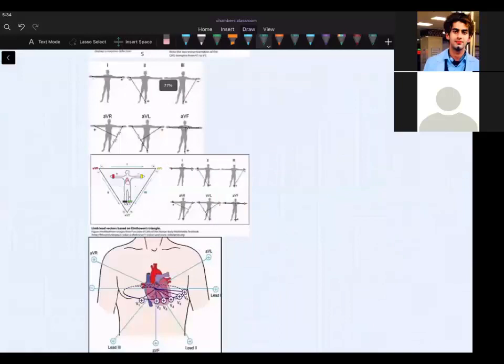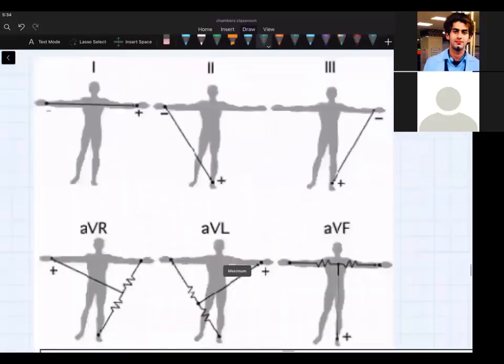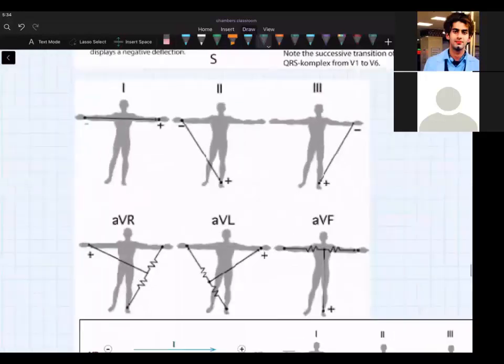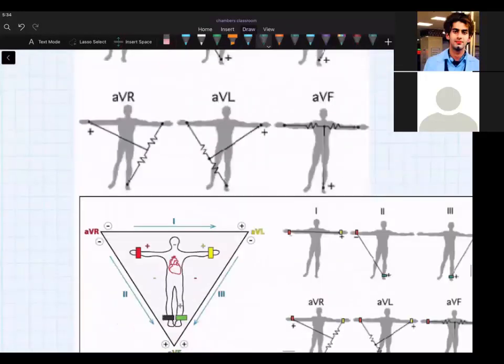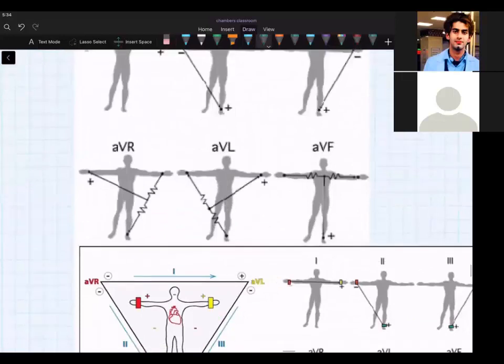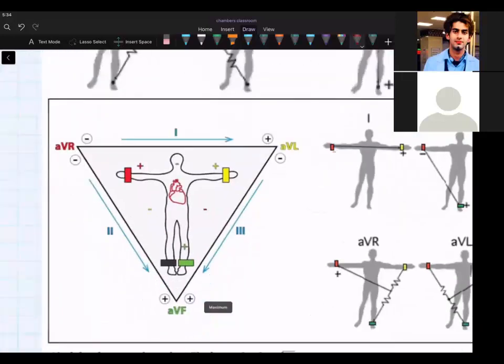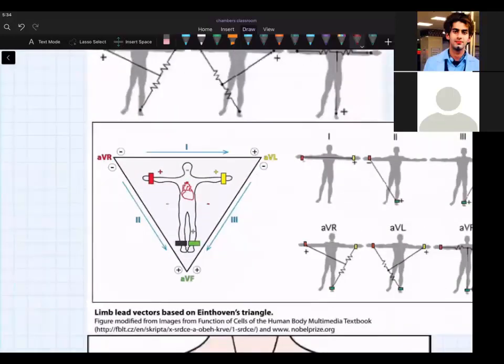Now, can you understand the meaning of these diagrams today? Can you understand the meaning of this diagram in your textbooks? This is the basic understanding of everything. Can you see why the arrow is pointing towards this? The meaning of everything will come now, guys. If you want to become a cardiologist like me, then ECG should be on your fingertips. Or a neurologist like me, then you should understand this concept. Can we see how the heart is in the center and how electrodes have been applied? Now I should take you here.